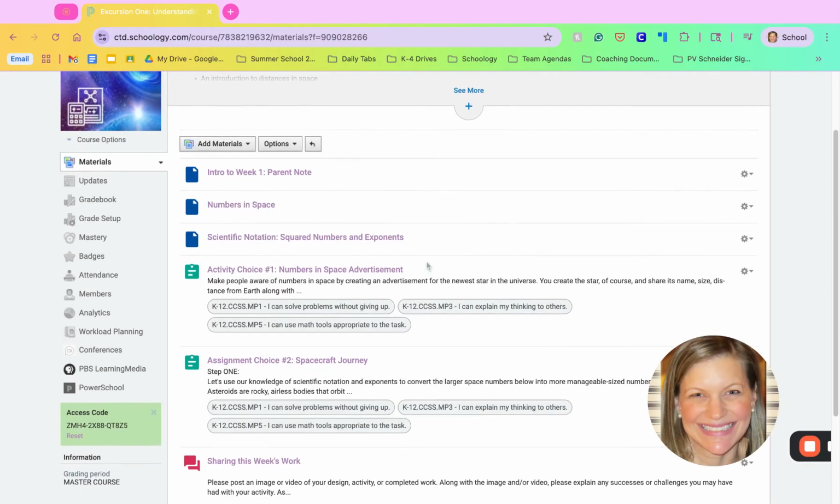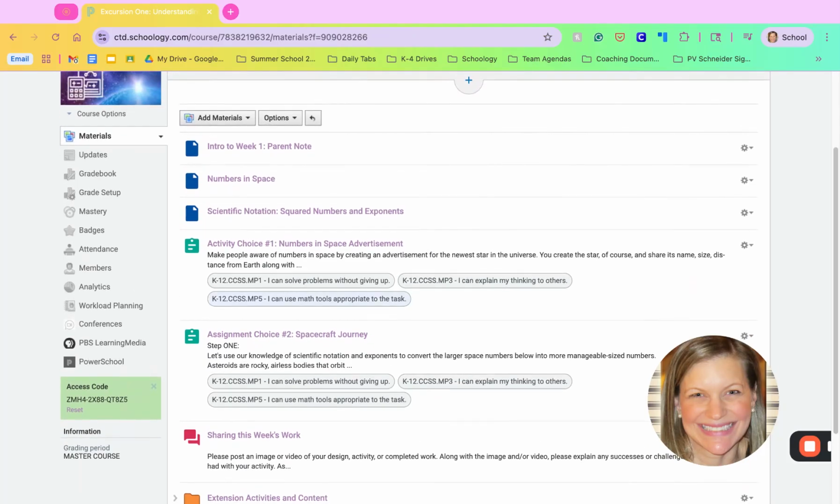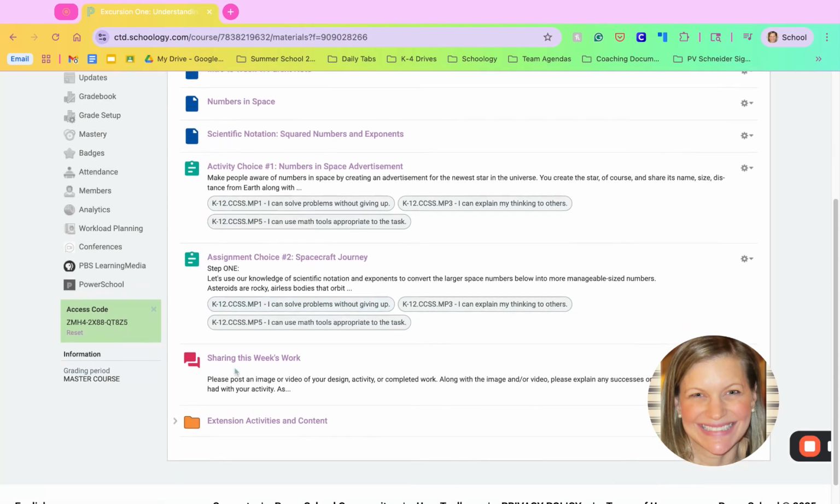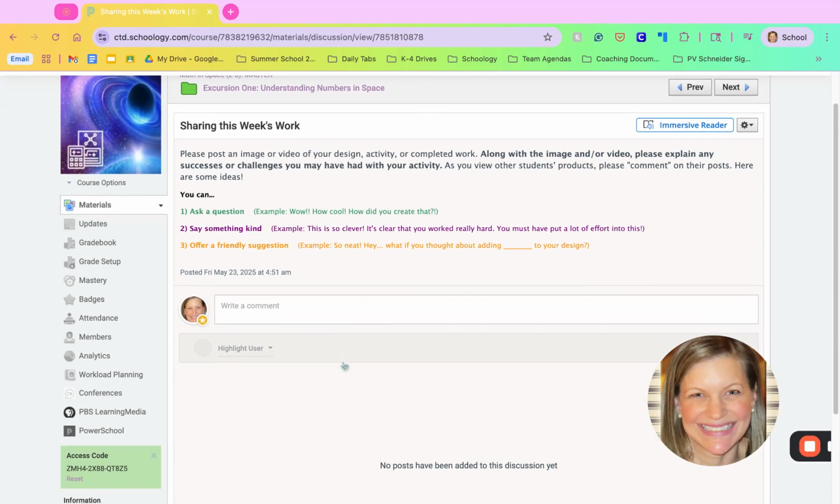And then once you and your child have covered the content, you can make an activity choice. I love to give 2 or 3 choices for your child to show their learning. And if your child wants to complete both activities, that's fine too. But just one is necessary. And then when your child does complete that assignment, they can post it right here in the sharing this week's work. So it's a discussion post, and this is the way that students can connect with each other by posting their work here and then